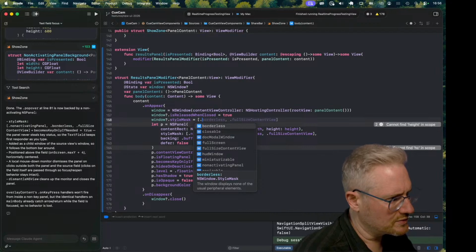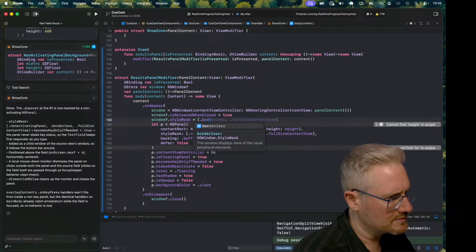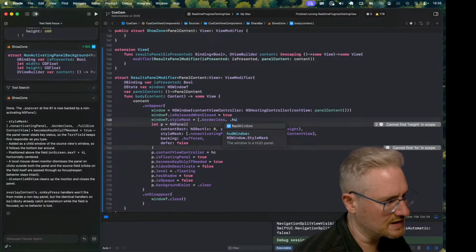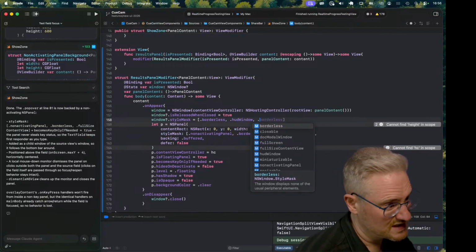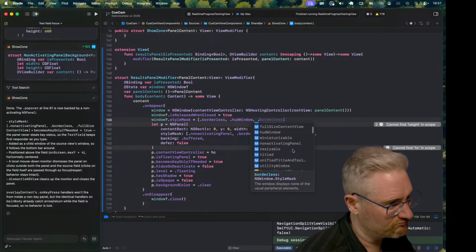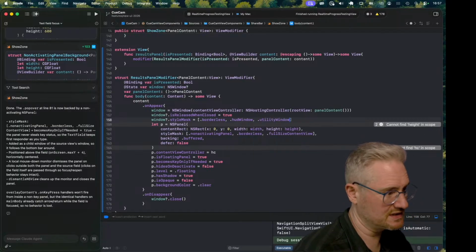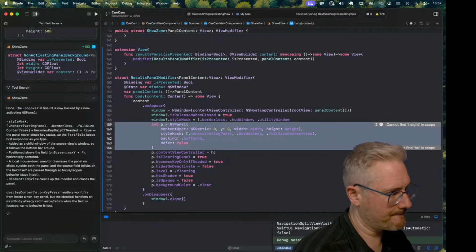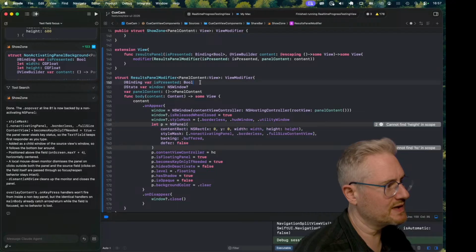Dot borderless. Don't autocomplete stuff I didn't ask for. Hard window. Fine, utility window. I don't know. And then we will